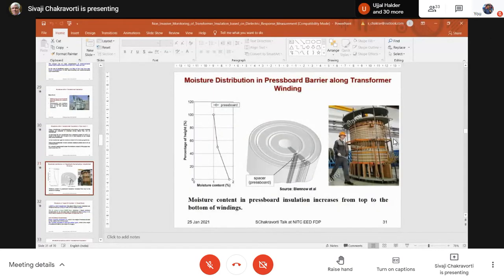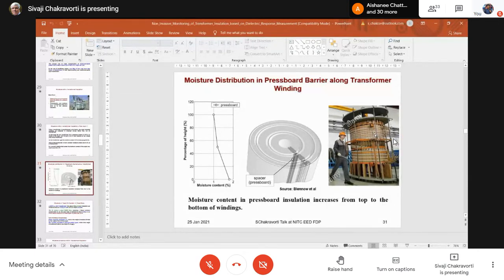Here I will show you one more. Can you see this? Yes, sir. Another photo. So now look at the right side. And here intentionally this man is standing next to the winding. Actually, these photos are taken like that. I mean, it is not for the man or the winding. This man is here to show you the relative dimension. So you can imagine how big it is, right?